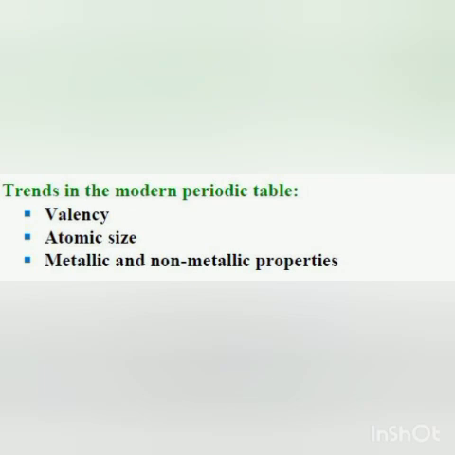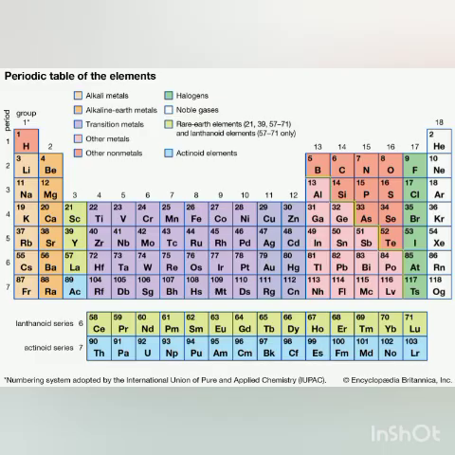Okay, now you just come to group 16 elements, that is oxygen, sulfur, selenium, tellurium, and so on. Now let us take the case of oxygen. Now the atomic number of oxygen is 8 here. So if atomic number of oxygen is 8, the electronic configuration will be 2 and 6. So valence electron is 6. So here oxygen will gain 2 electrons. So the valency will be minus 2.